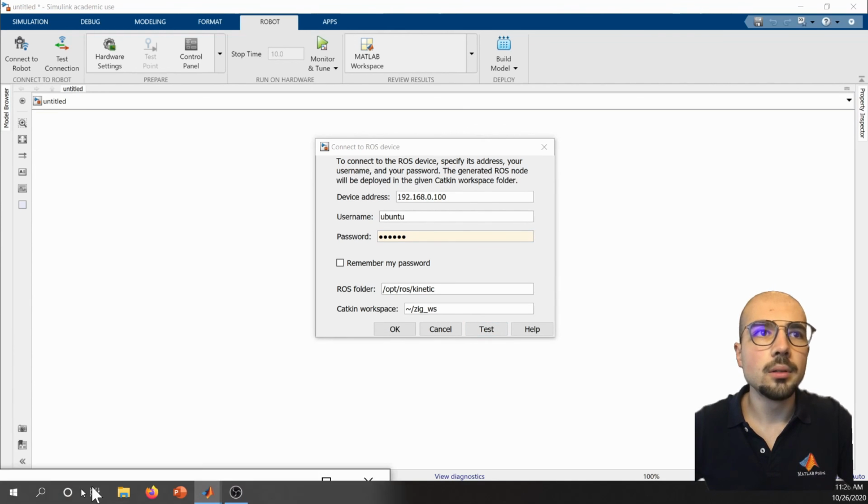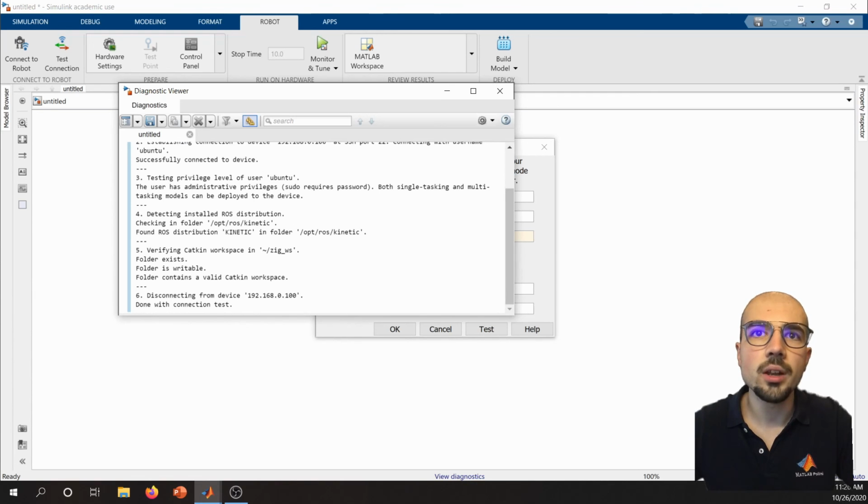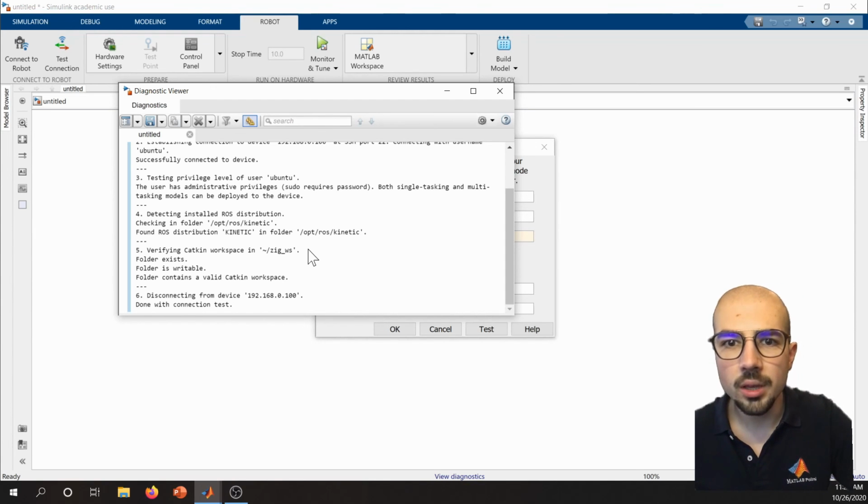Test opens this configuration panel and diagnostic panel that says, okay, pinged the robot successfully, then established the connection with the SSH protocol, then tested the privileges and so on. Now we are sure that the robot is discoverable and we can connect to it.